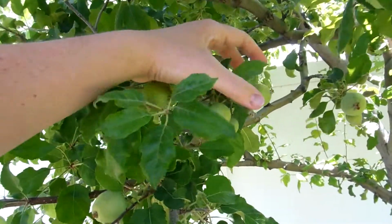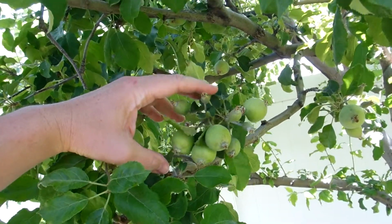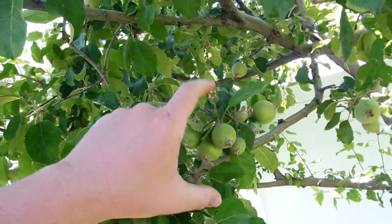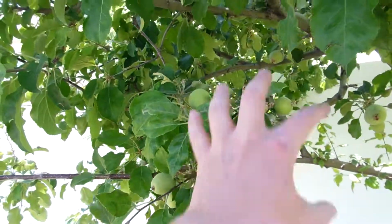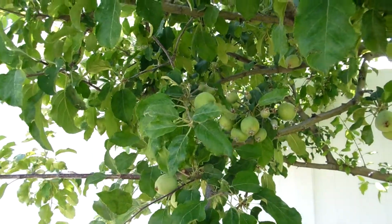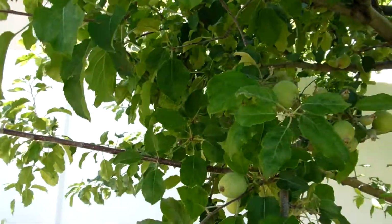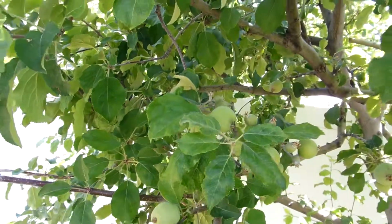And here's another example of why you need to thin, because here is like 2 blossoms that were next to each other, and there are 4 of this size, and then 1, 2, 3, 4, 5 of those. So there's 9 fruit trying to form in an area the size of my fist. That's not going to be very good for the fruit that you want to eat. So one of the things also that I read when researching this, because I've been trying to figure out what is going on, how to prevent this every other year thing, and they said that one of the things is